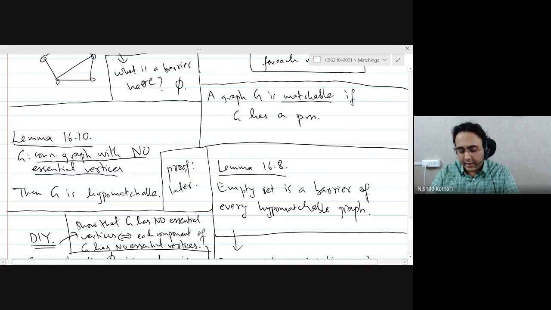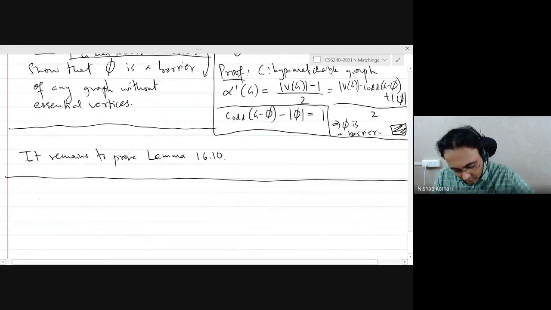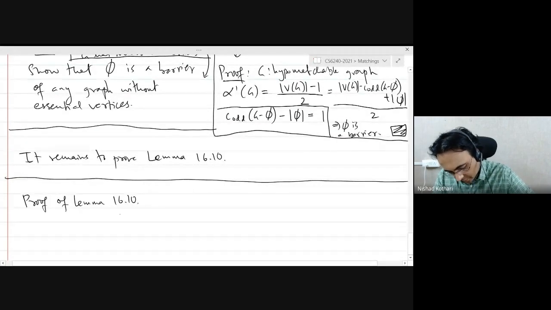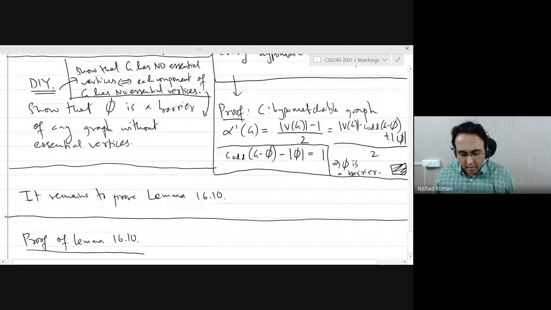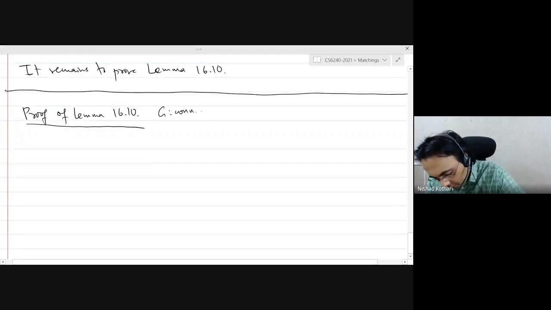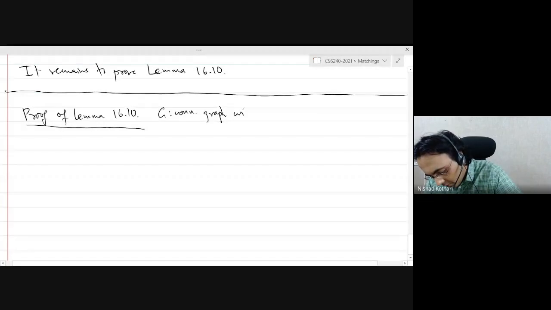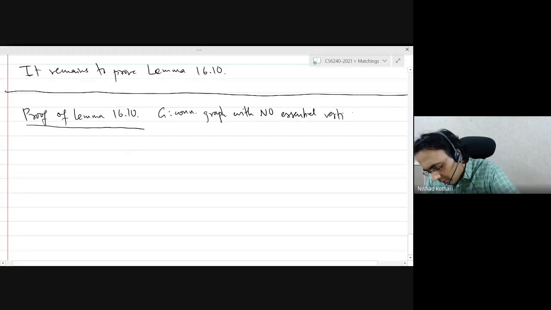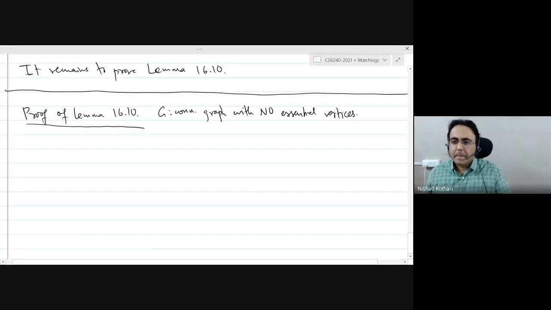So for every single vertex, there is a perfect matching when you delete that vertex. So let's see if we can finish this today. Okay, so G is a connected graph with no essential vertices.